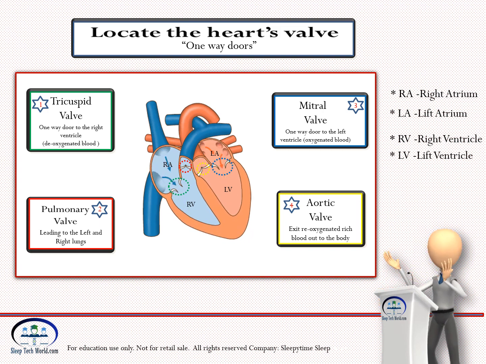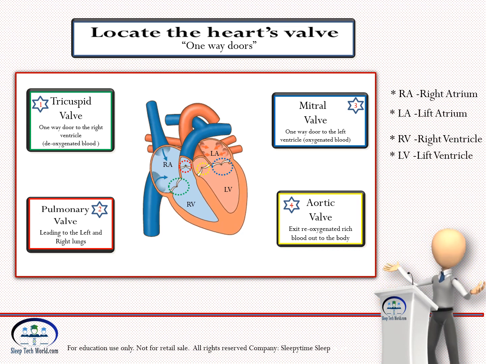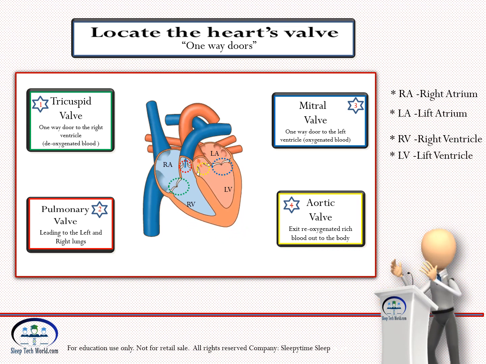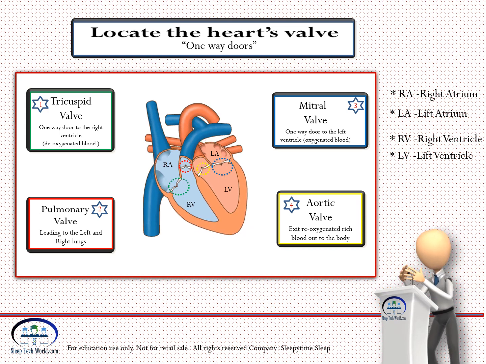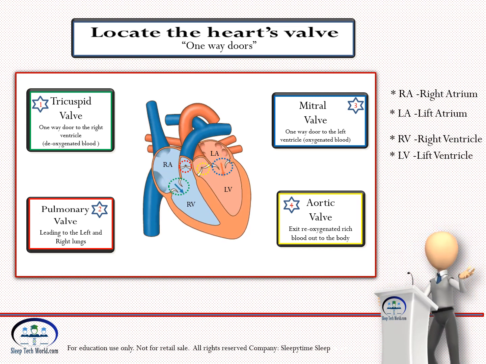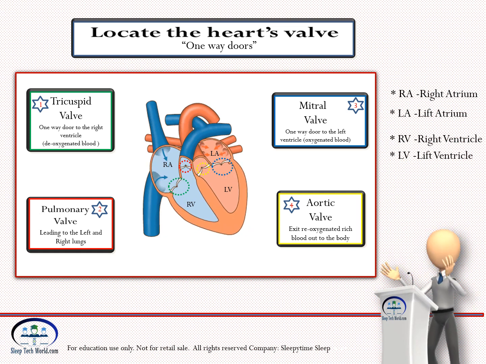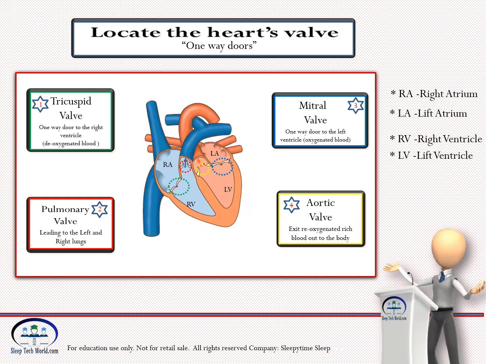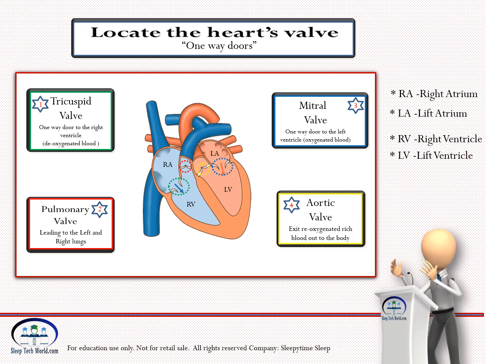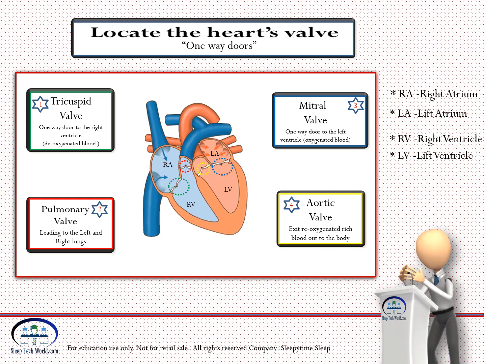For this reason, it's important for the technician to understand the location of each valve. First, deoxygenated blood is collected within the right atrium. It must exit through the tricuspid valve or door in order to enter into the right ventricle. Second, the blood exits the right ventricle via the pulmonary valve or door, which transmits this deoxygenated blood to the